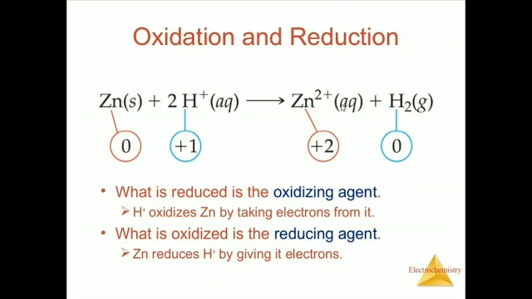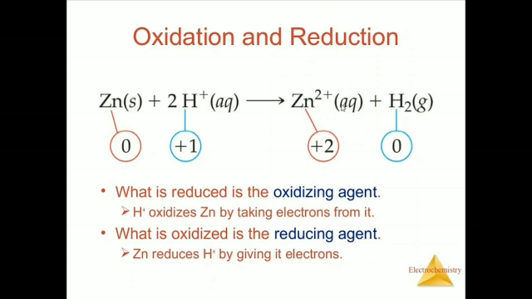Gain of electron is reduction. So what is an oxidizing agent? What is reduced is the oxidizing agent. It reduces itself and oxidizes the other, so that is called the oxidizing agent, and which oxidizes itself and reduces the other, that is called